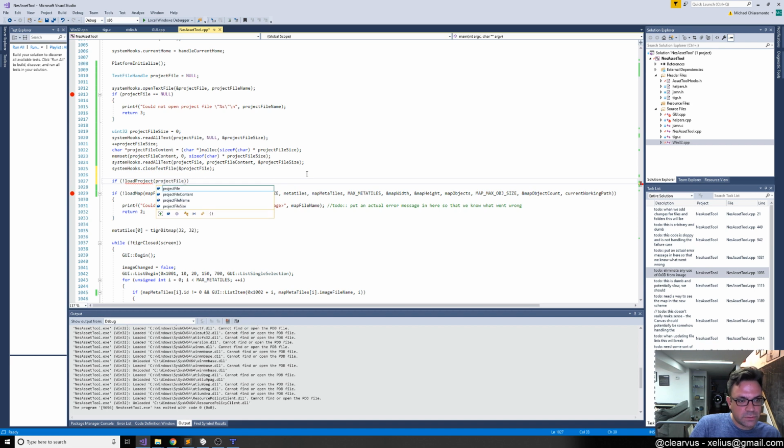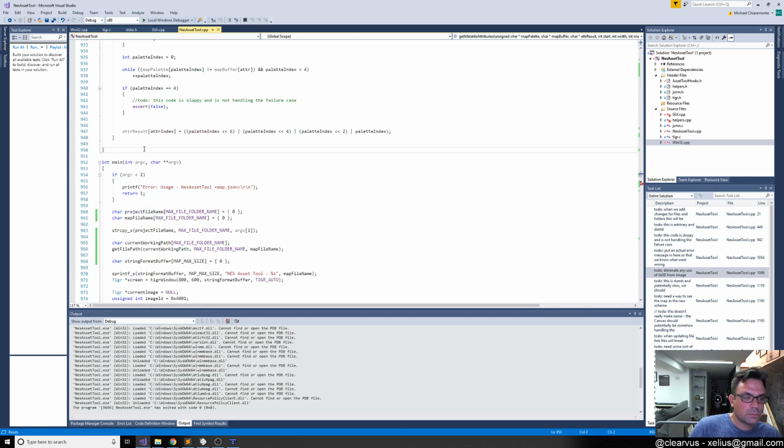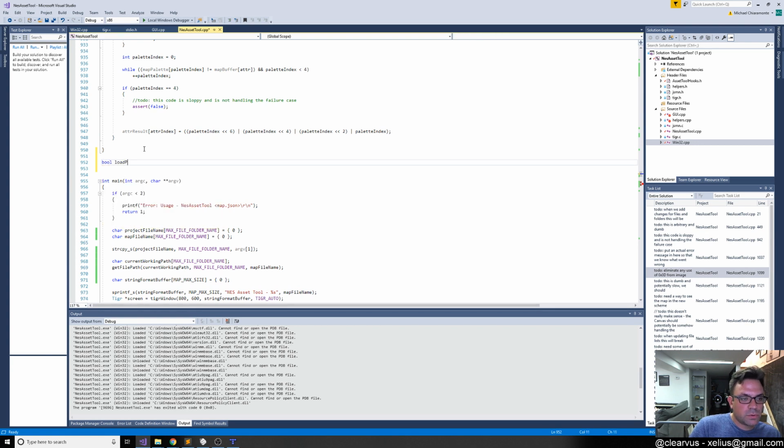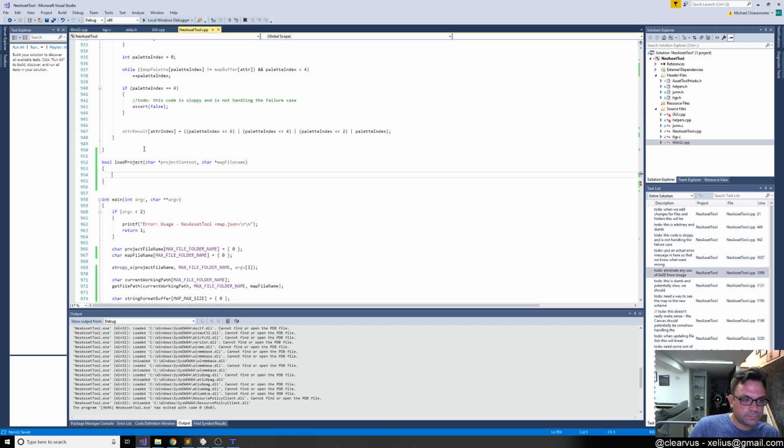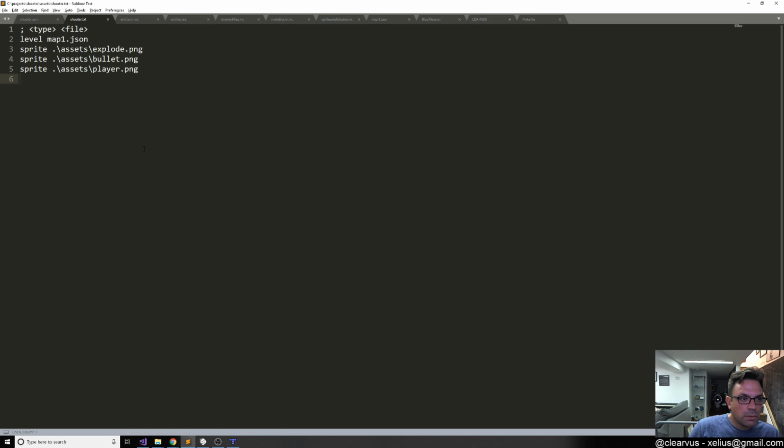So right now, I guess all we really need to do is get the map file name. Yeah, let's start with the map file name. So, load project content, map file name, and I don't remember. Okay, yeah, so I'm using